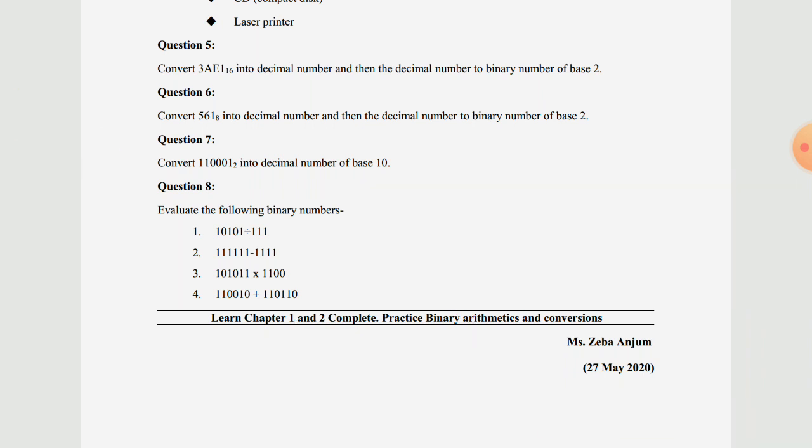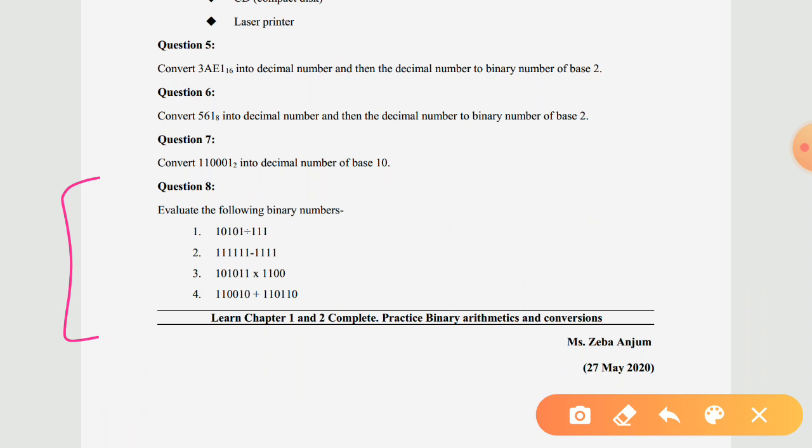Question number 8, we are having some questions regarding your binary arithmetic. My dear students, we are left with this arithmetic portion of your exercise portion. Yes, after your summer holidays I will be giving you those answers. Till then you please practice those on your own. Okay, and after your summer holidays you kindly match your answers with mine. Okay, you have more than enough time, so you try to do those questions by yourself. In case you feel any difficulty, then again let me know regarding all this holiday homework portion.